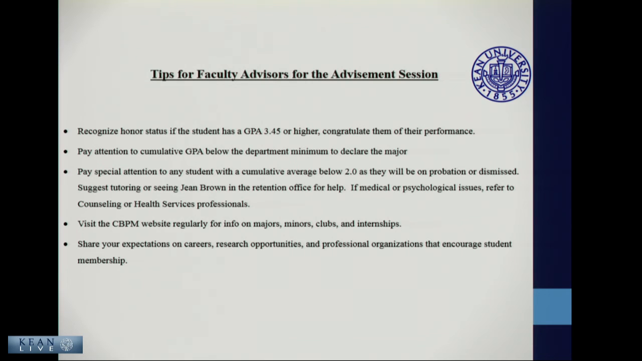Occasionally, my colleague Jean Brown was here, but she deals with retention of the students in jeopardy. That's a little bit of a shout out to her there, but if you have those difficult cases with somebody on probation, you might want to refer them to her office. If you really get somebody that really needs psychological help, you think, of course, refer them to the counseling center,